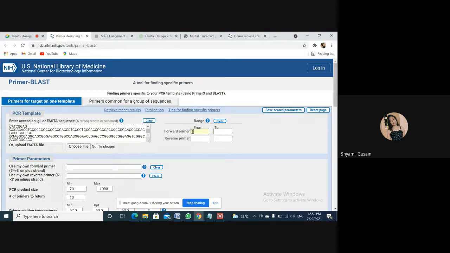Forward. Ma'am, you told us that the primer length should be between 17 to 28. Yes, 17 to 28, but here in this tab that you are selecting, it is basically the range. That means the forward primer shall anneal at the first base pair, second base pair, or third base pair. So depending upon that, you can choose the range. If you want to select it, then you have to mention that the forward primer shall start from the first base pair. So I should write it here only, first.